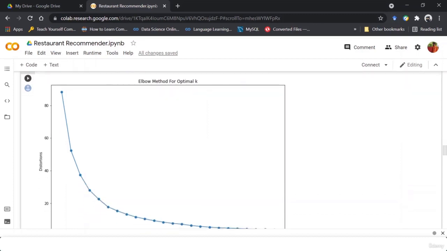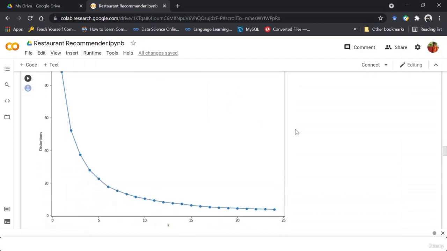Now using that list of distortions, I am building the elbow graph. So here what you have to see is the maximum point from which you can see a linear decrease in the value of distortion.